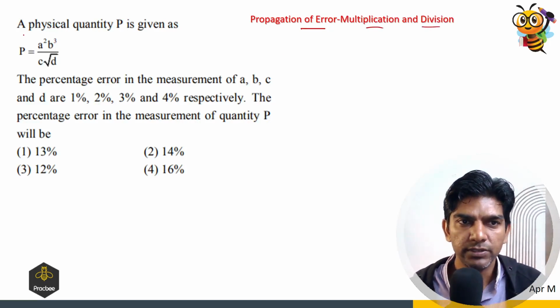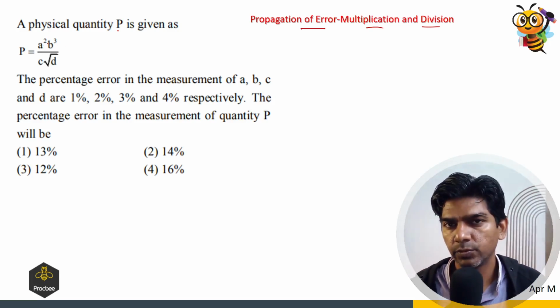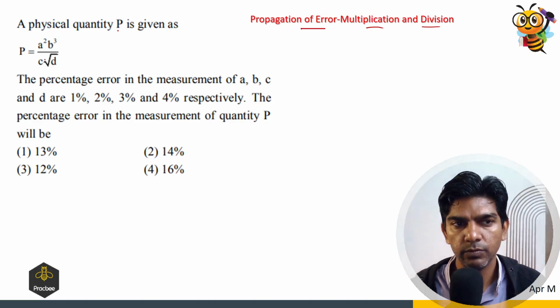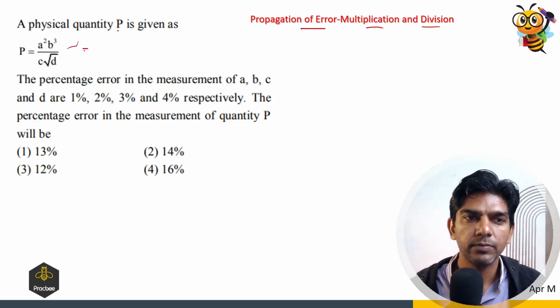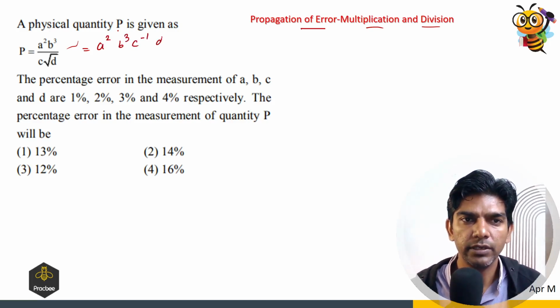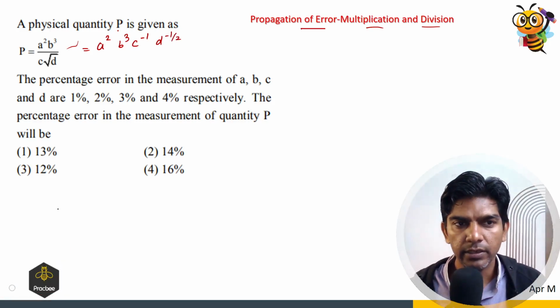If you look at a physical quantity P, it depends upon A, B, C and D. And their exponents are also given: A has an exponent 2, B has 3, C has minus 1, D has minus 1 by 2. Or I can write this as A raised to power 2, B raised to power 3, C raised to power minus 1, D raised to power minus 1 by 2. So in such cases,